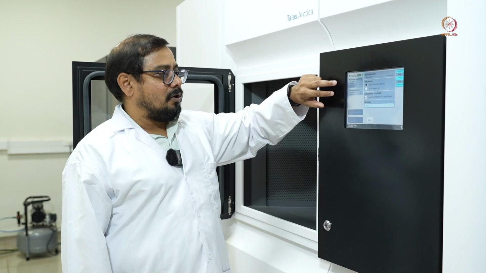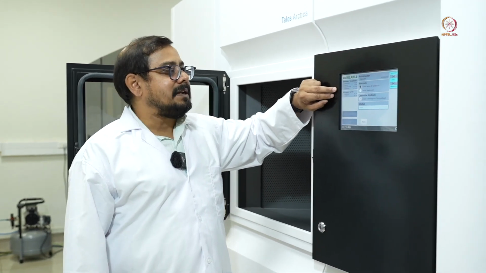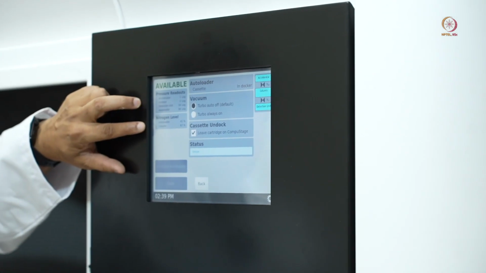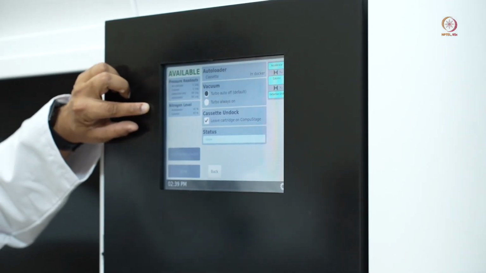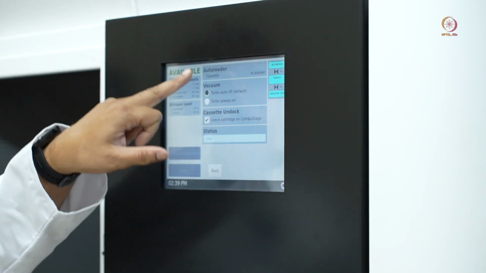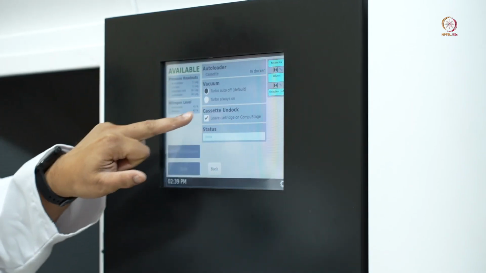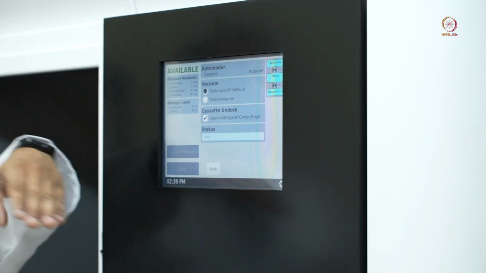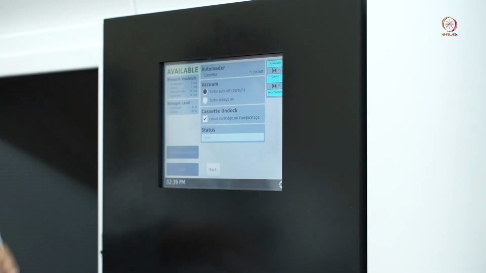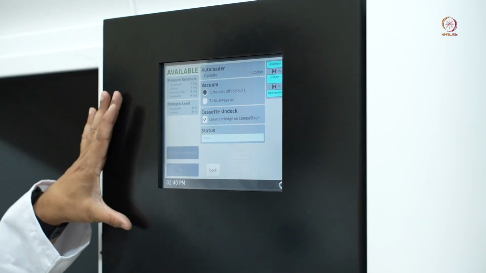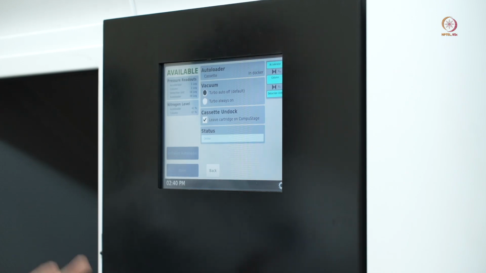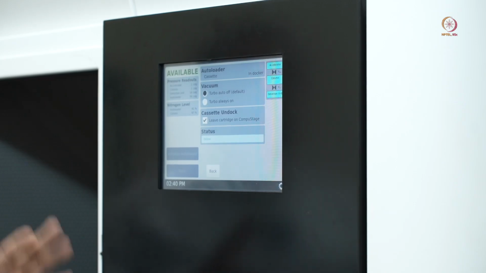Now if you look here, it is also showing you the nitrogen level. You have the column and the autoloader, which is maintaining a certain amount of nitrogen level in that column and the autoloader. And here you can also see autoloader, vacuum and cassette, and in what condition it is, a docked condition or undocked condition. So some preliminary parameters you can see in this window, and all the details you can see at the data collection center, where we are going to collect our data. There you can see all these details that we'll discuss later.